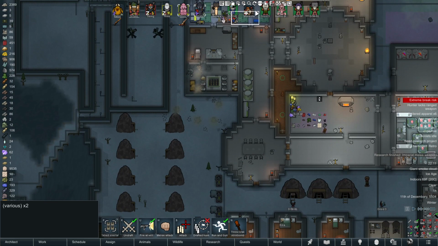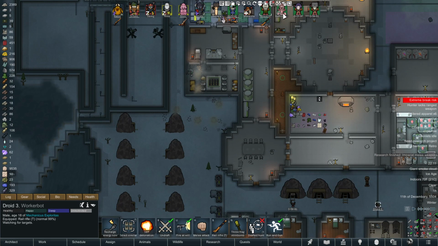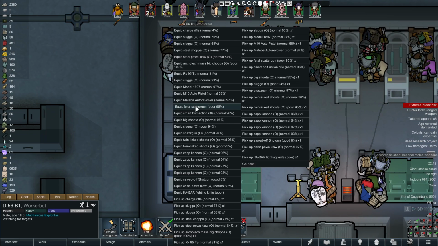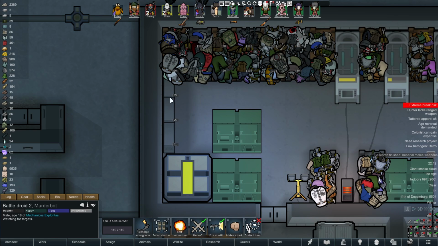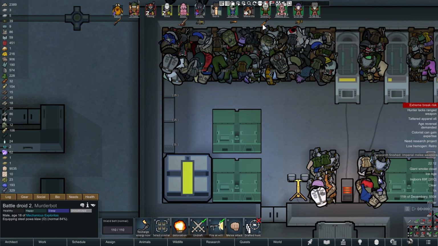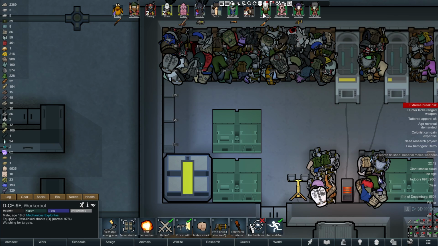Now, we really don't have all that many combat-ready robots yet. So this is a bit of an issue. However, let's see. You can take this. I want you to have the power claw. Oh my god, I'm actually sorry, I just hit my mic. Everyone else...